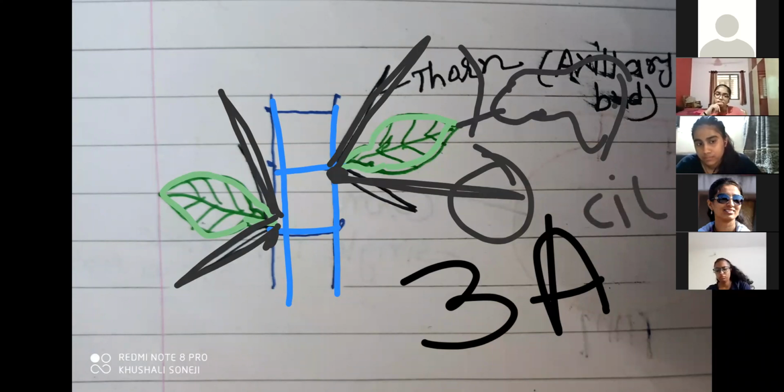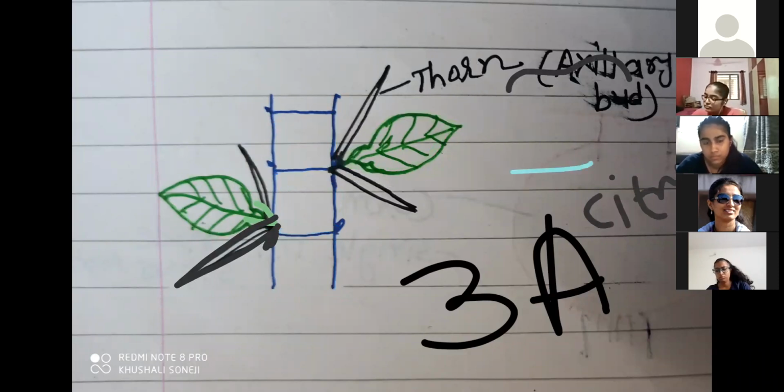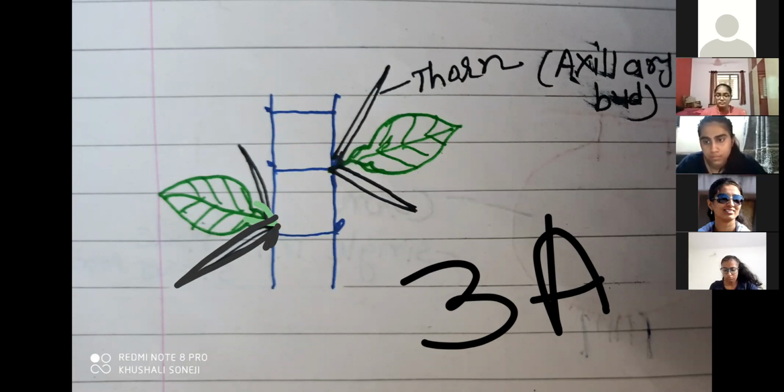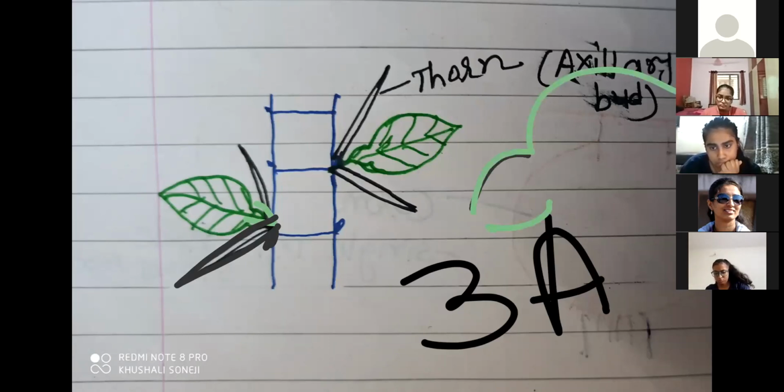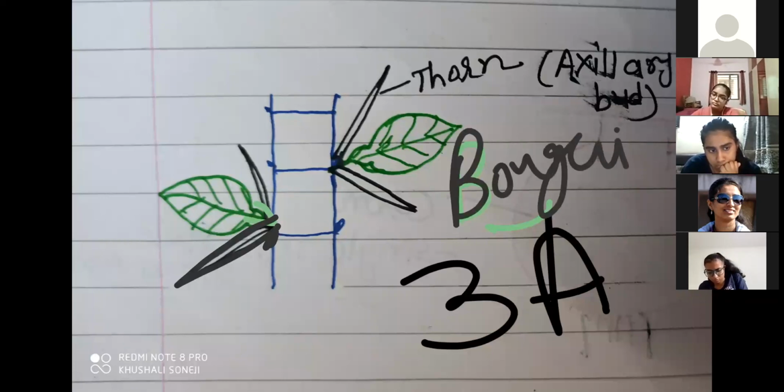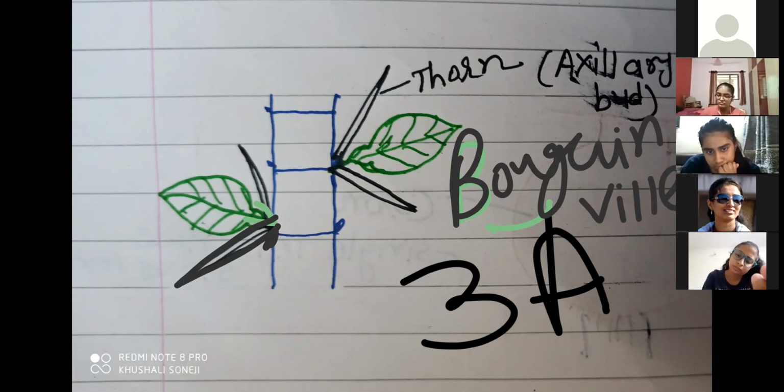Examples are citrus, remember citrus. If you have seen the lemon plant, limbu, they have this shape of leaf. At the base you will find it like this, and then like this. That is actually its petiole. So one example is citrus, and another is bougainvillea. Have you seen bougainvillea? Actually there are many on highway roadsides, in different colors, velvety, like pink, purple, blue, white, red. Have you observed bougainvillea?